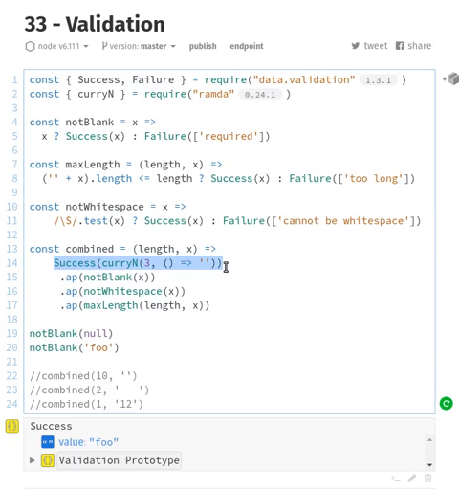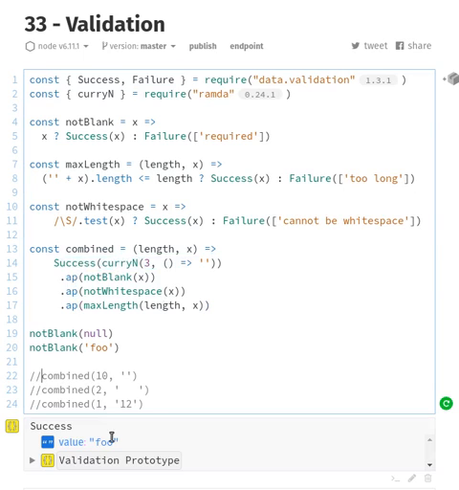As we've seen, with applicatives, there are two different ideas for it. One is that an applicative can be used to lift things, which is what I've spent most of the time doing. But in this case, we're going to look at an applicative as a way to deal with functions in a context. And so what we've done here is we've generated this function on the fly, thanks to curryN, and then we're wrapping it in our Success, which is a context. So now that we have a function in a context